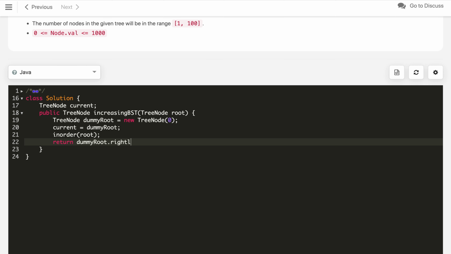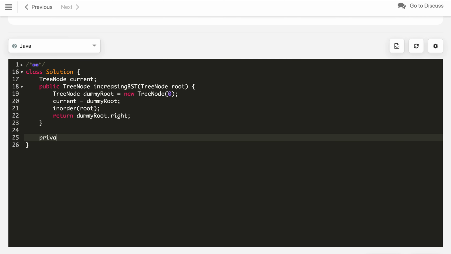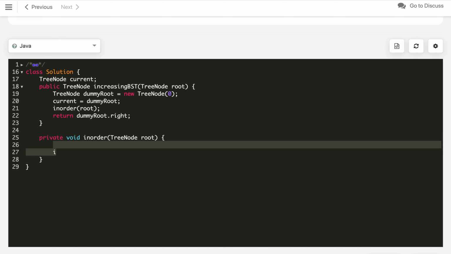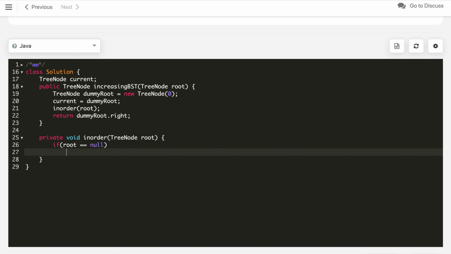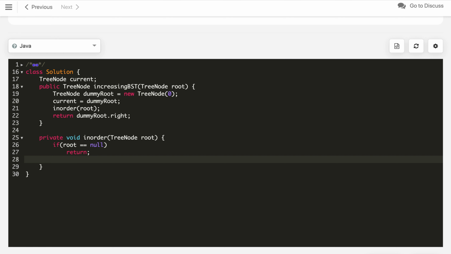So that's it. Now we will implement our inorder traversal method, which is private void inorder, which will get the root node, TreeNode root. Now we will check here if the root is null. If the root is null, we will return from here, otherwise we will call inorder root dot left first.